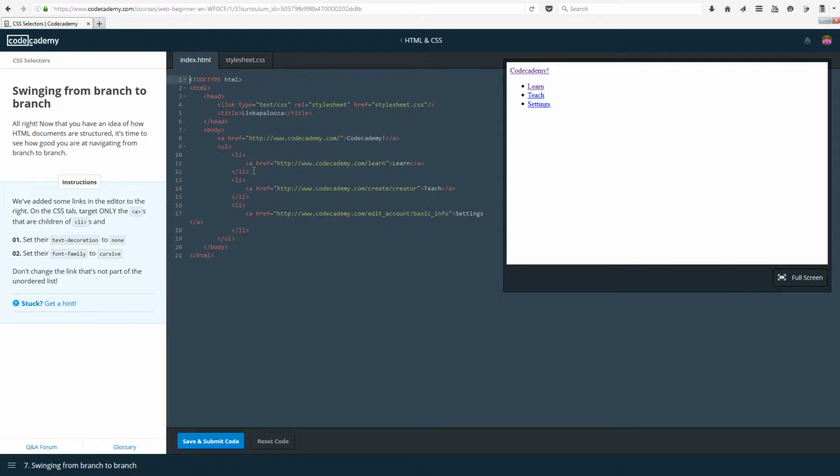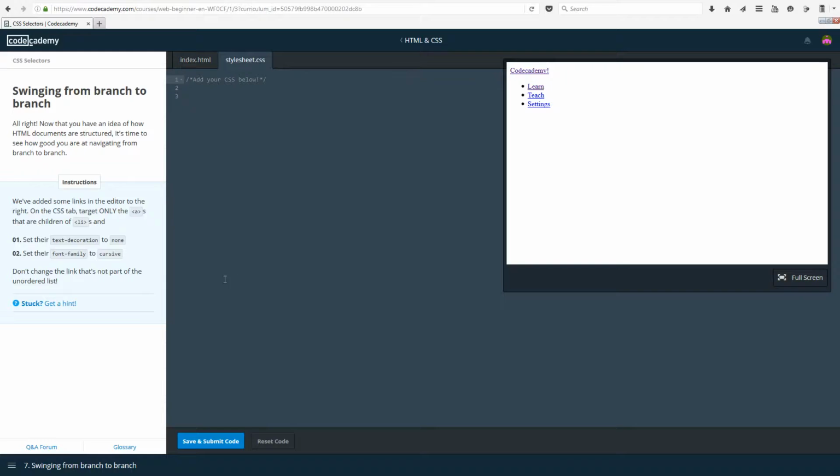Swinging from branch to branch. Alright, now that you have an idea of how HTML documents are structured, it's time to see how good you are at navigating from branch to branch. Okay, fair enough. We've added some links in the editor to the right. On the CSS tab, so in here, target only the A's that are children of LIs. So LI, A. We learned this how to do, I think, 2 lessons ago. So set their text decoration